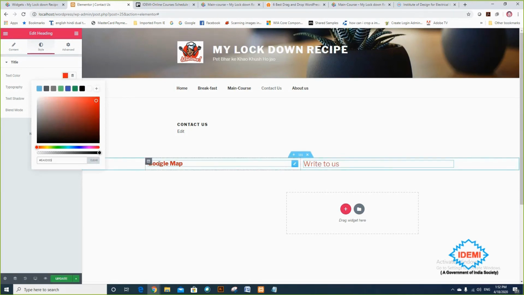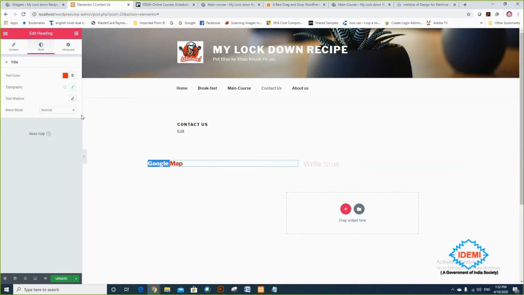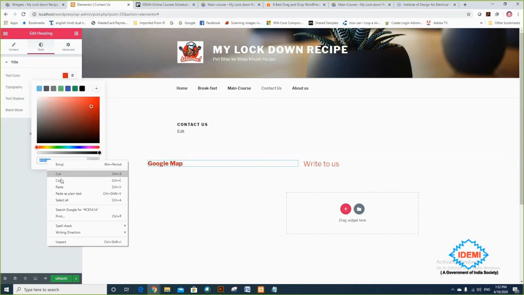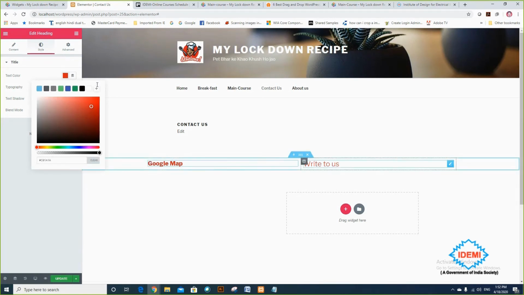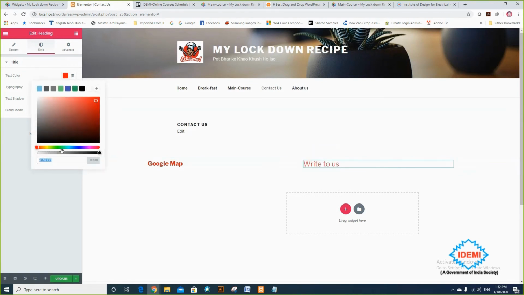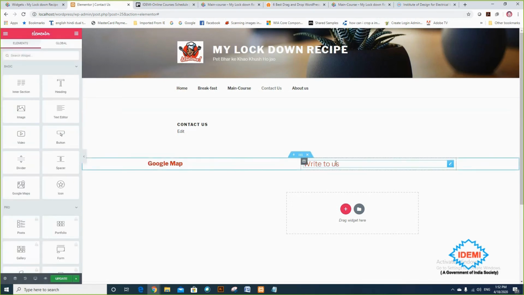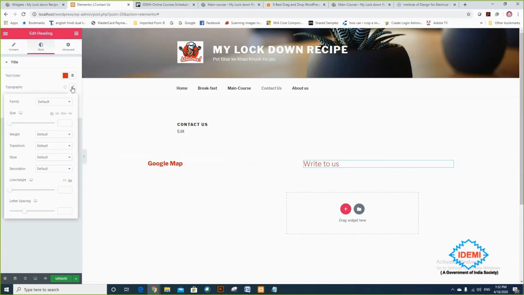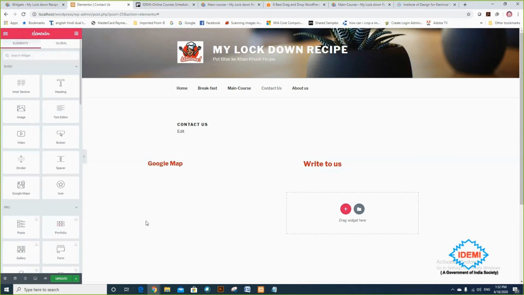If you want to apply the same color, go to this option. Okay, and select this and check the value. This is the hex value. I'm just copying it and I'm going to apply the same here. Okay, I'm selecting this and going inside this and just pasting here. The same value is there, and the only difference is I want to put a weight here. So I'm going to typography and weight as 900. So once I complete this, I have to update every time.